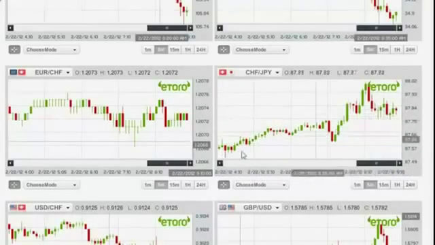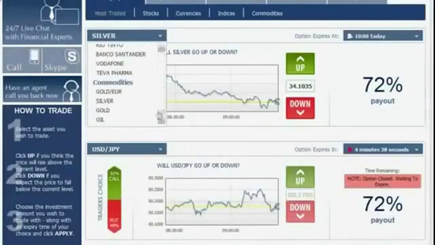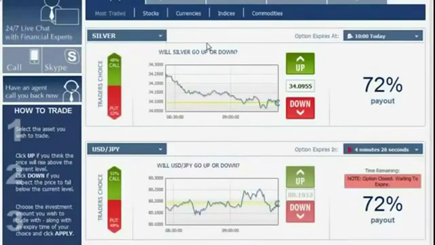yen. It's a very beautiful clear trend line starting from this point going all the way up here, so it's a positive upwards going trend. We go back to the platform and look for the CHF versus the Japanese yen under the currencies, and if I'm not mistaken, I believe we do not have that currency in this platform. So apparently I don't have the option to trade on this platform, but it's okay since I don't have that